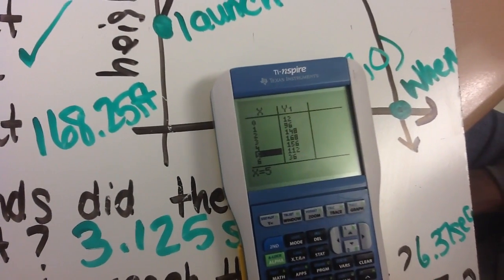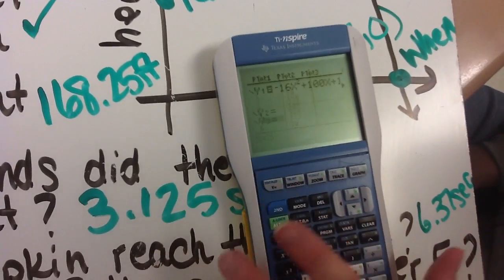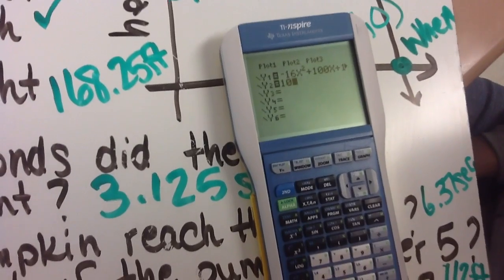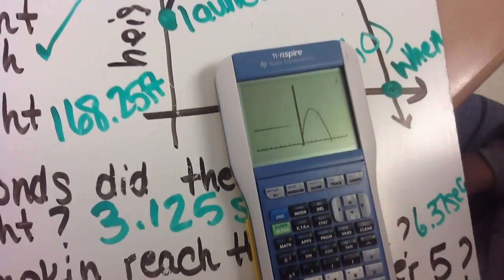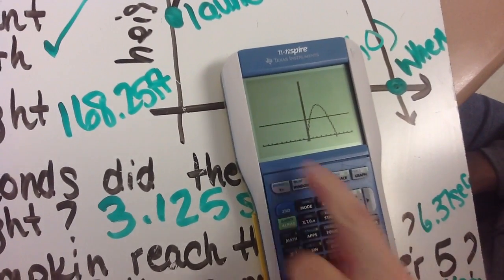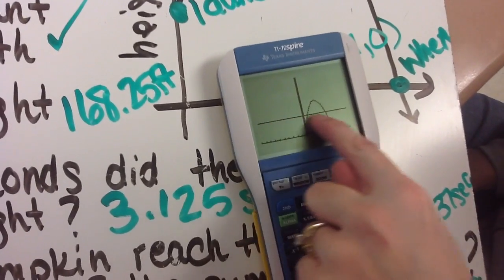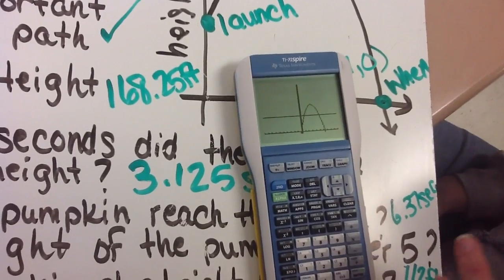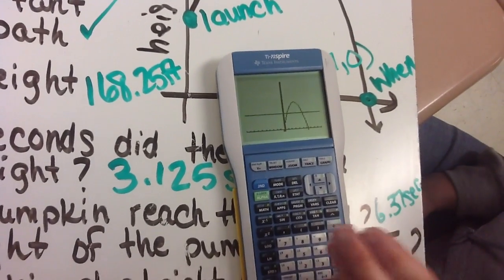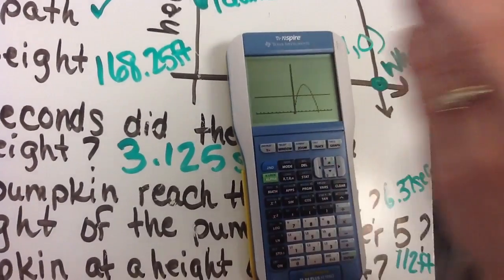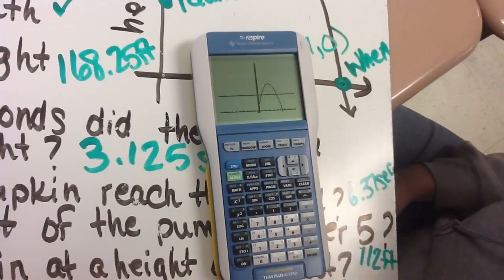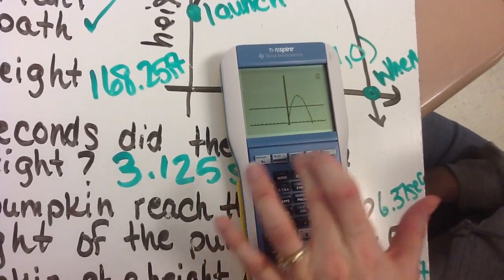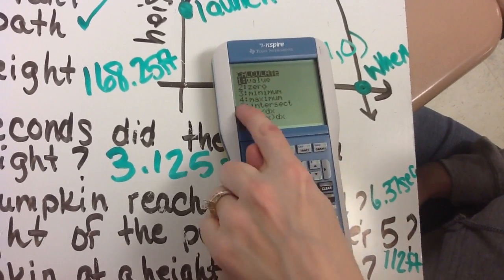But if we need to be specific, then we're going to have to go in our y equals button. And again, 100 is a y value, so we can graph 100 and hit graph. And you see that line that came straight across. That's our y equals 100. Where it's crossing our parabola is the two different times that it's at its height of 100. It's at a height of 100 as it's rising, and then it hits 100 again as it's falling, so it's at 2 different times. We're going to find those by doing second trace, and we want to find an intersect,